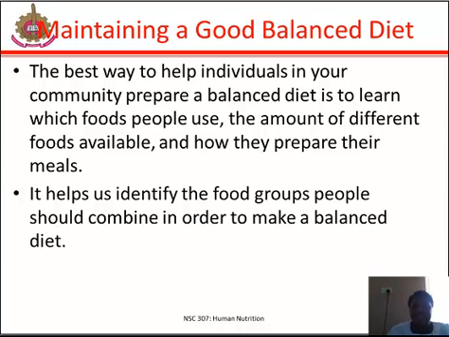The staple diet may vary from region to region. For example, amala is a staple diet in Yoruba land. These foods are usually cheap and provide most of the energy, protein, and fiber in a meal, as well as some vitamins. So in order to have a good balanced diet, people in your community need to eat other foods in addition to the staple foods.